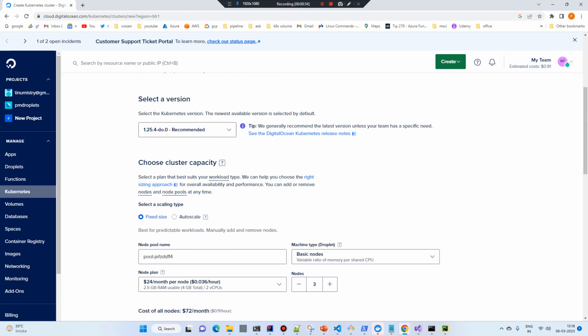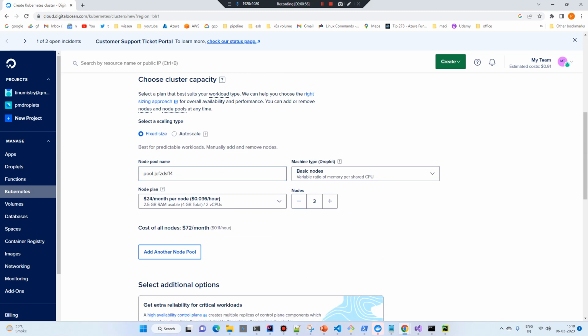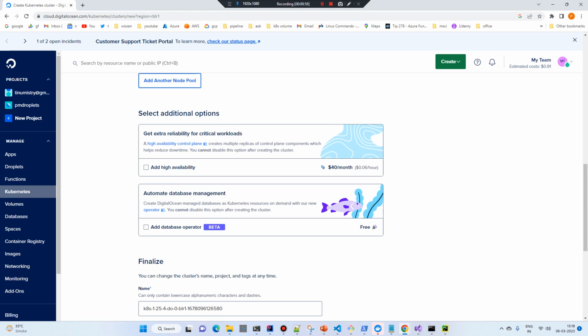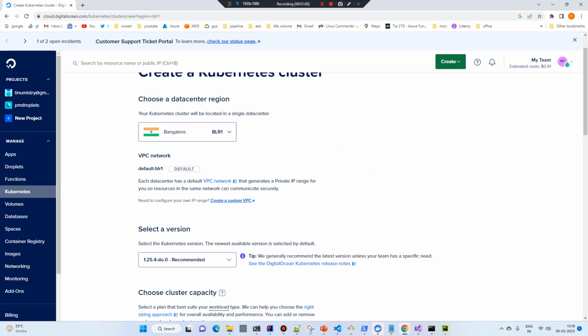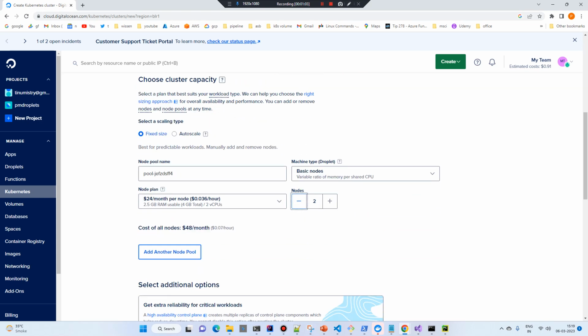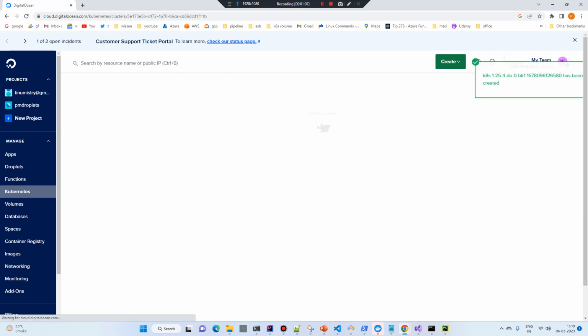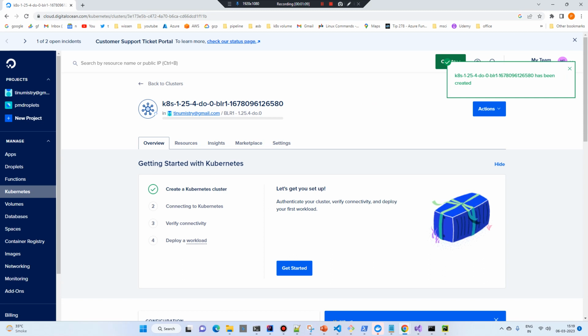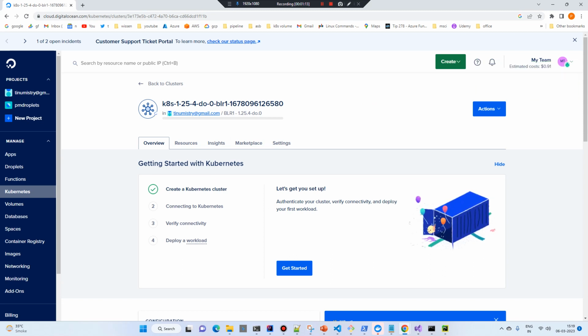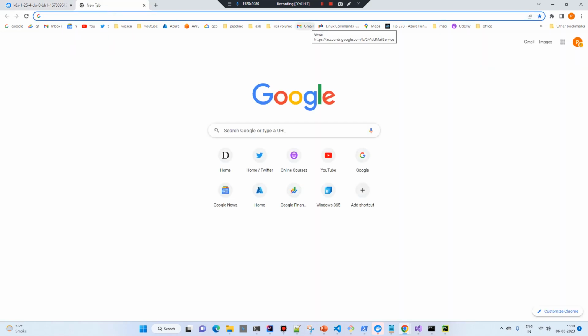and then select the nodes and just give the name. So this will create a Kubernetes cluster. This will take time. So meanwhile, what we'll do, we will create a Docker Hub